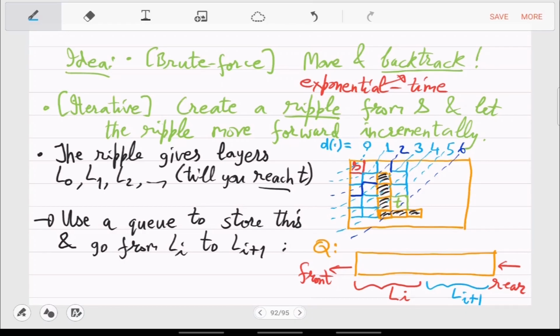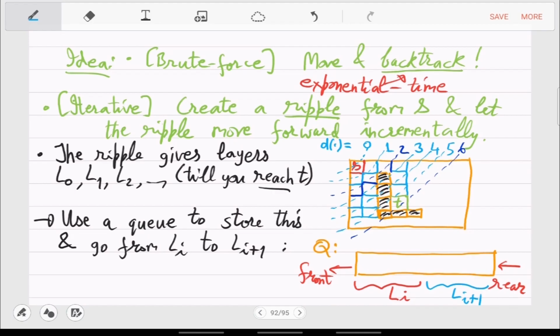So what this picture is showing is that first you inserted all the elements of Li, which are basically cells that are at distance i in the ripple from S. Then you enqueued Li one by one, you dequeued, and when you dequeued, you enqueued its neighbors.